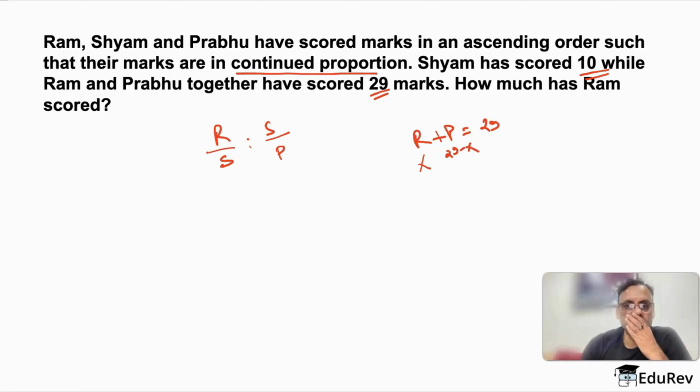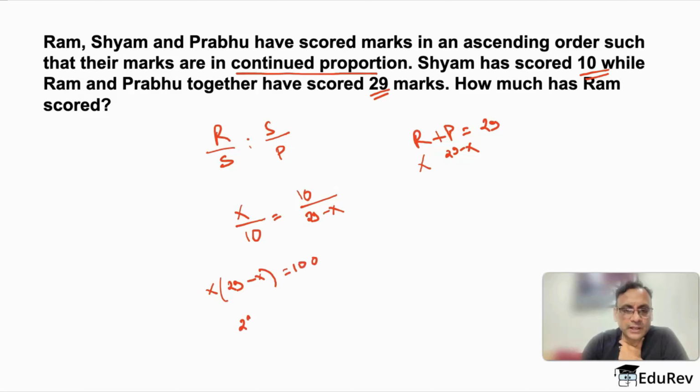Okay, so Ram is x, Shyam is 10, and Prabhu is 29 minus x. This will be my equation. Okay, so if I cross multiply, x into 29 minus x is equal to 100, or 29x minus x square is equal to 100,